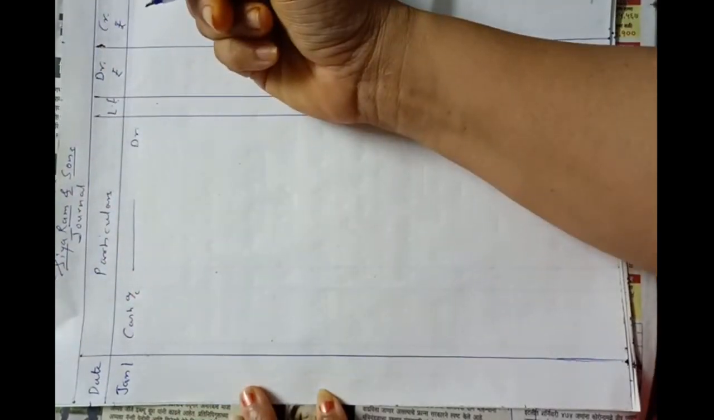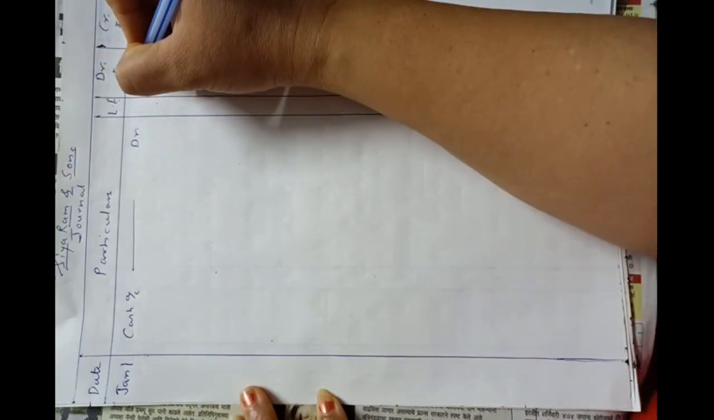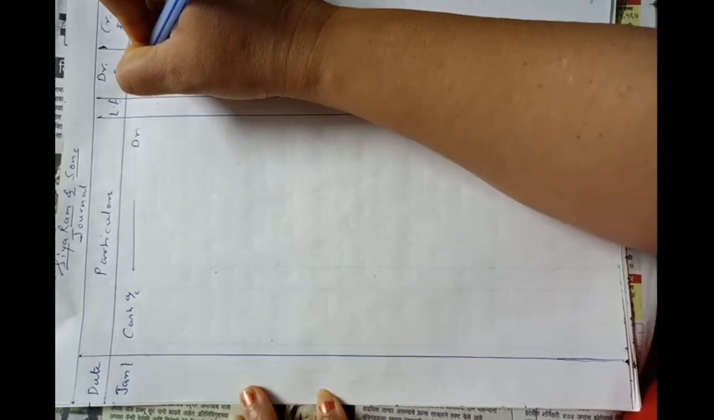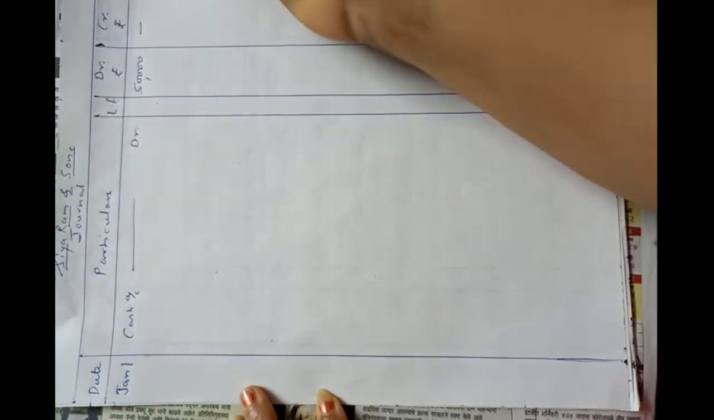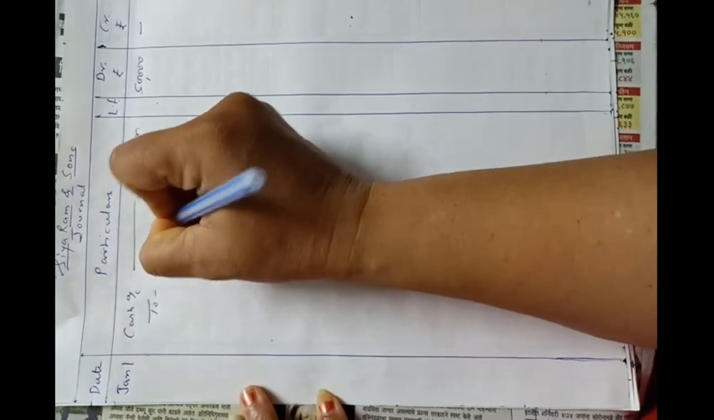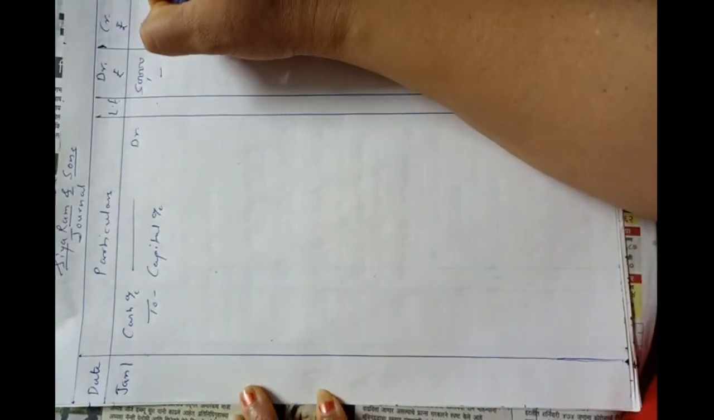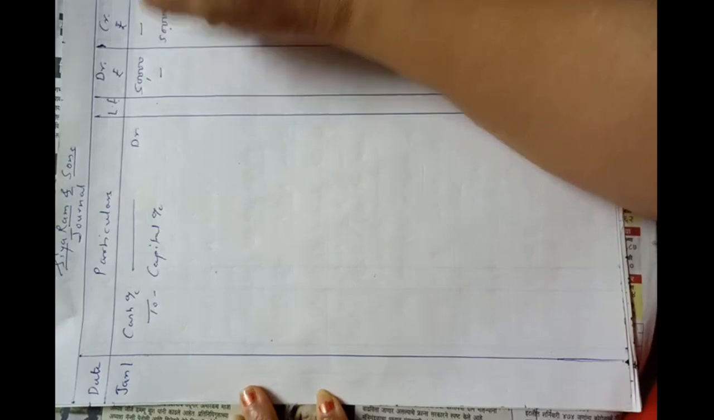debit. Okay, write the amount in debit column, which is rupees 50,000, dash in credit column, and to capital account, the account which is credited we have to write in this way, to capital account, and the amount in credit column, 50,000,